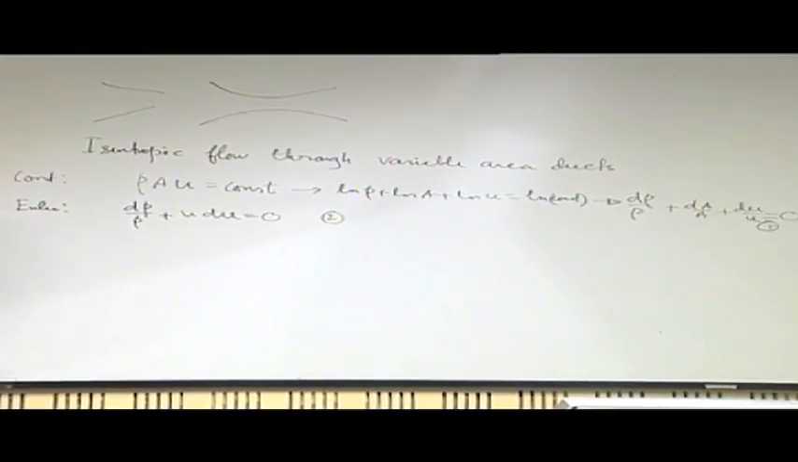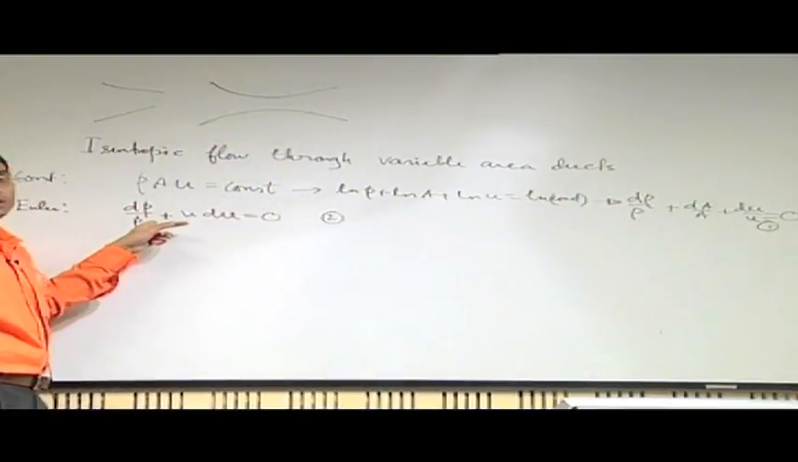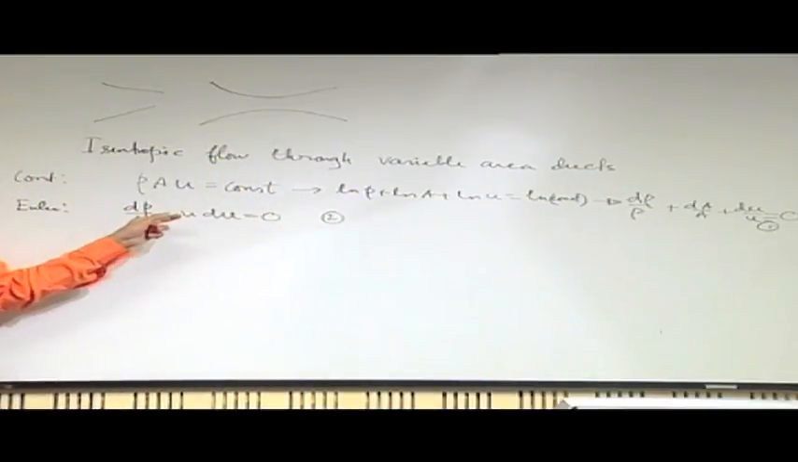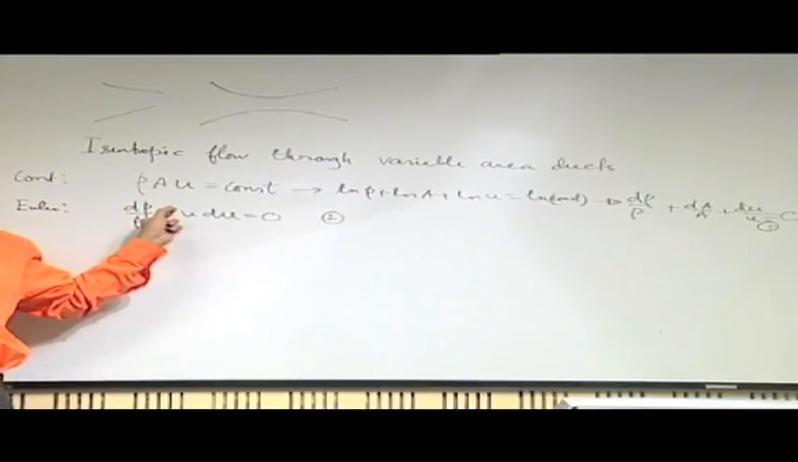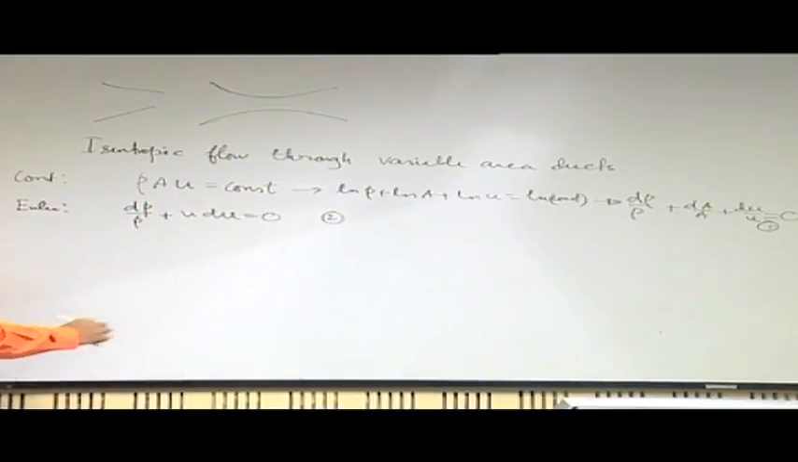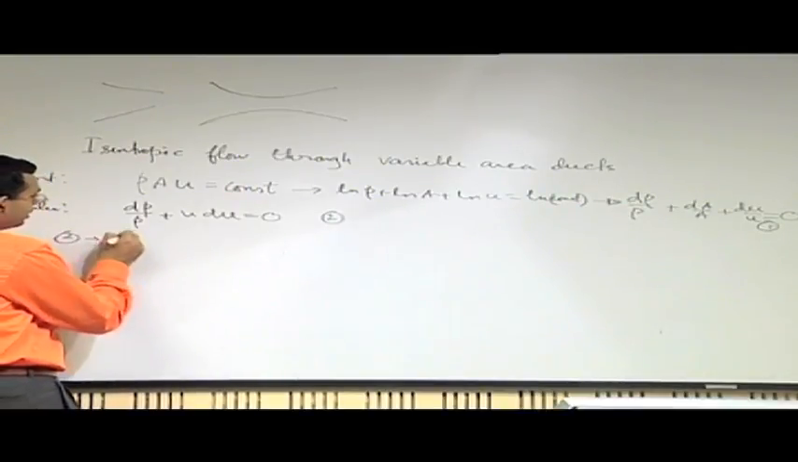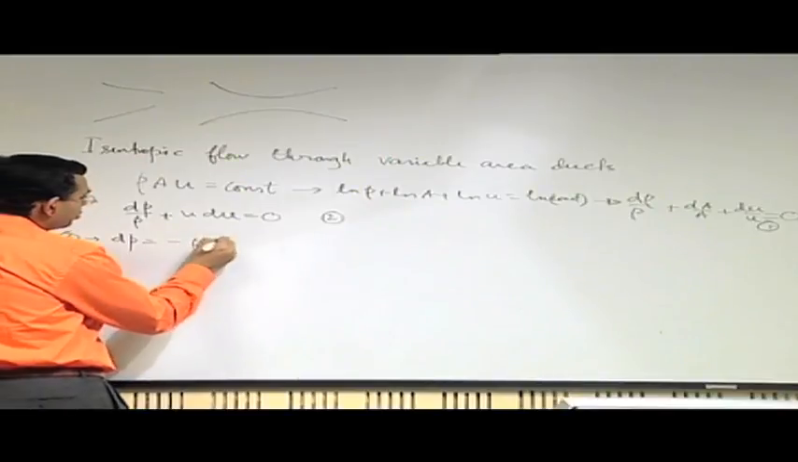Now if we want to relate this with the sonic speed, see in equation number 1 there is d rho, in equation number 2 there is dP. So somehow if we find out dP by d rho, that will give c square. So we can relate this behavior with the sonic speed. So we write from 2 that dP is minus rho u du,